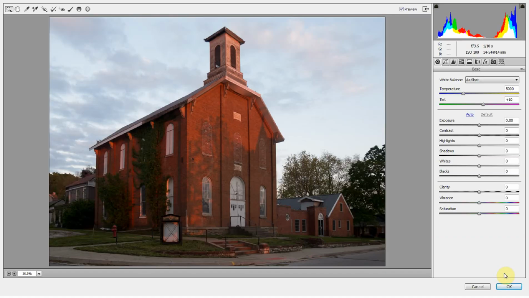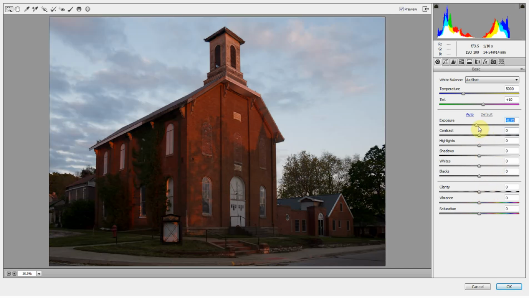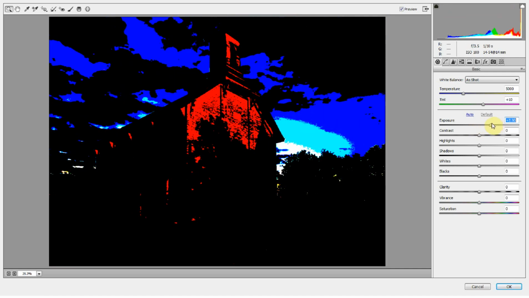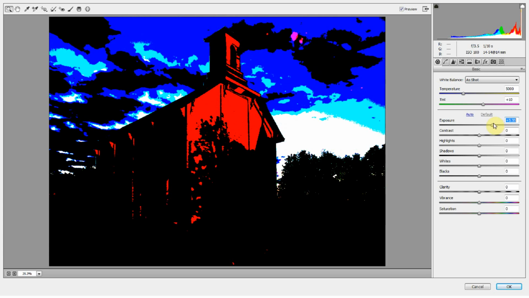Oh, there we go. All right, so now in Camera Raw, we can get into the nitty-gritty stuff. We can get into the contrast, we can get into the highlights, the shadows, and so on and so forth, and see what we want to do to this photograph. So the first thing I want to do is look at the exposure. And I'm going to press and hold Alt while I do that to make sure I'm not blowing anything out. If I move it to the right, I'm seeing a lot of highlight blowouts.